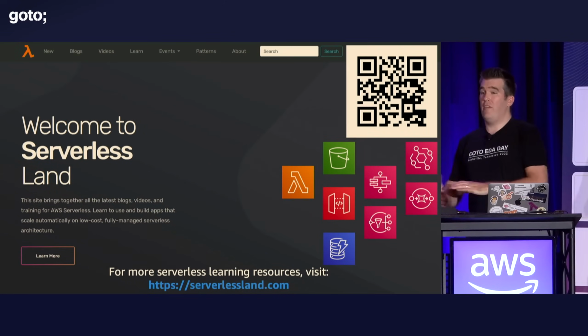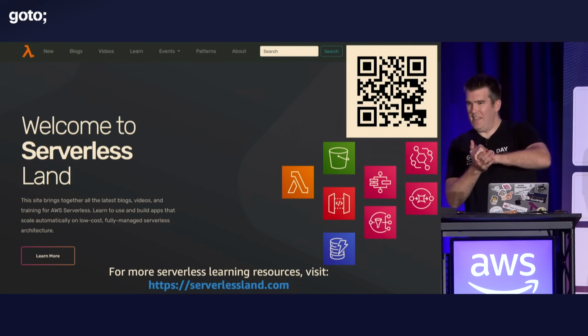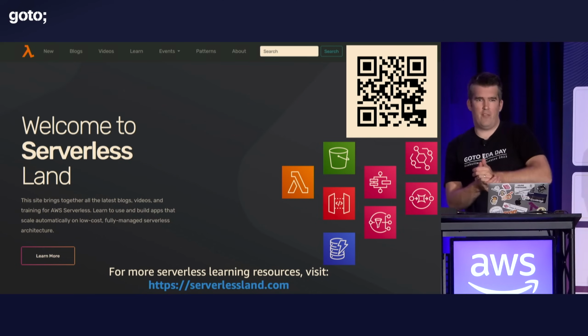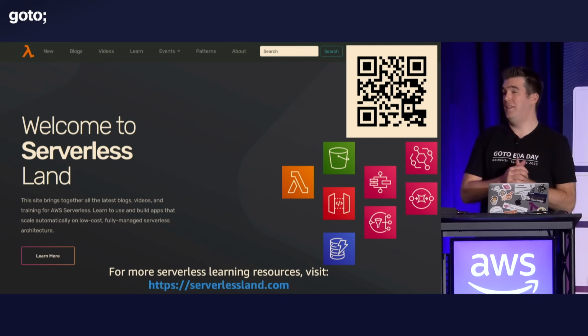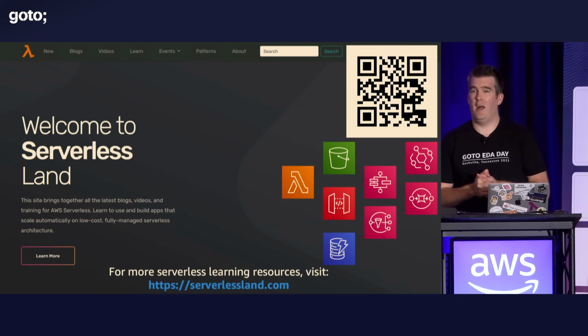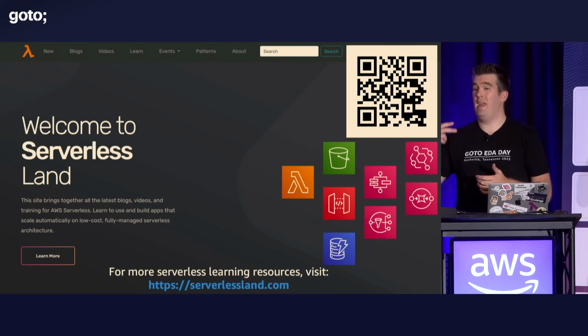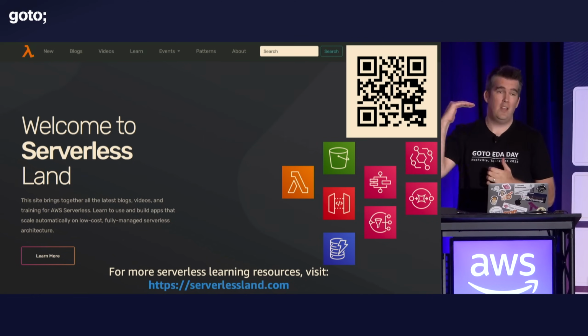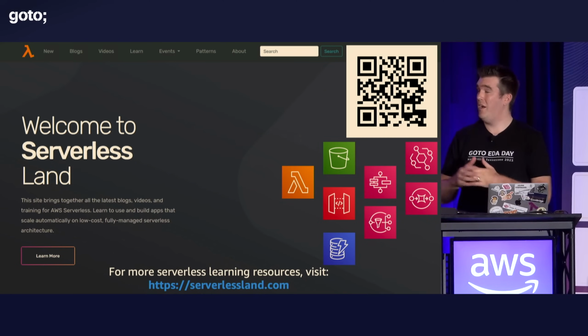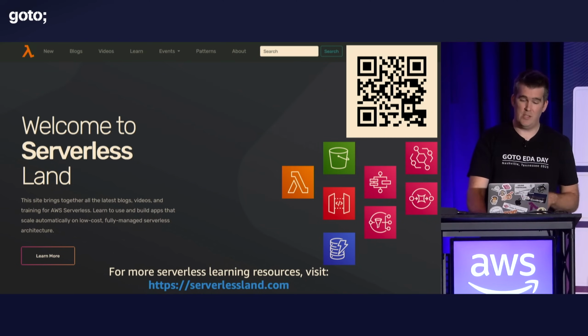And then finally, we have loads and loads of resources on Serverless Land. Hands up if you're using Serverless Land. Okay, it's about half the room. Awesome. So this is a website that we run as the DA team at AWS. We've got tons of patterns on here, tons of workshops. We have resources. So again, if you want to dive deep, if you want to learn, if you're starting your serverless journey or you're deeper into it, I recommend checking these resources.